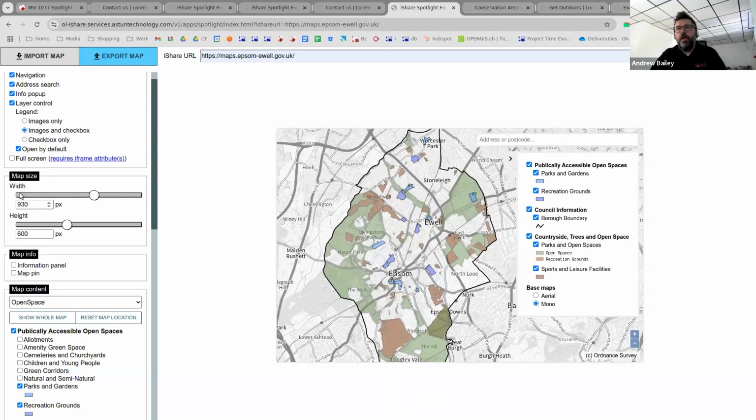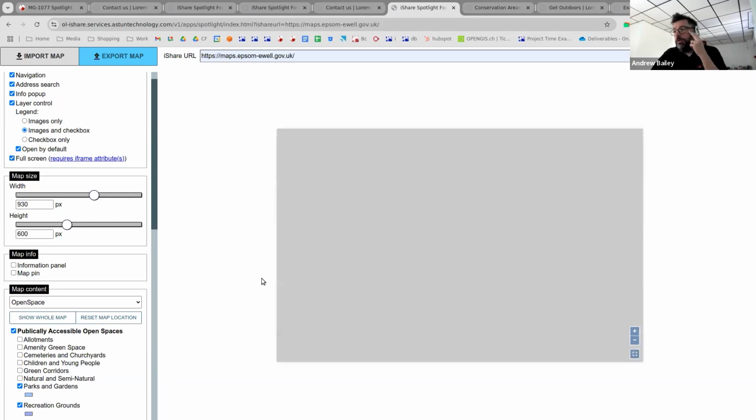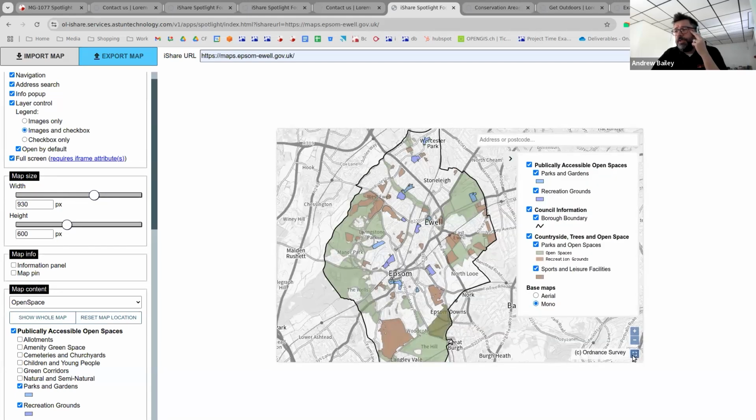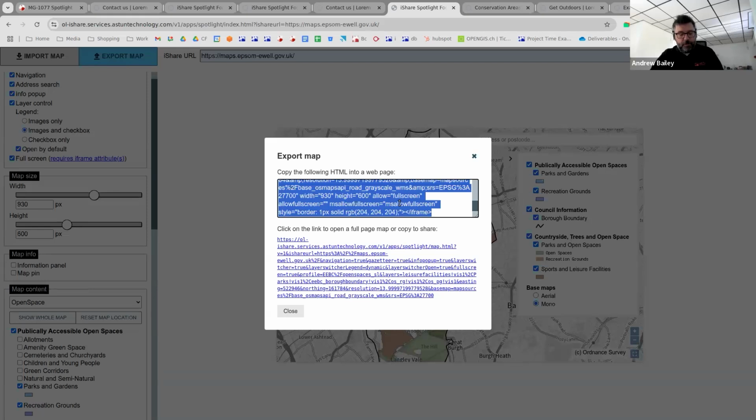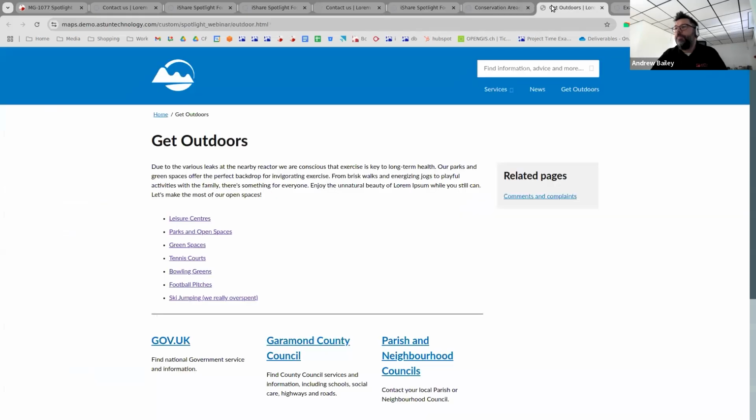I'll just move that there. I'll also cover the full screen option. We'll switch that on as well. That provides this icon down here that will just make the map full screen. So I'm happy with that. I can do export map. And again, copy my iframe element, come over here,